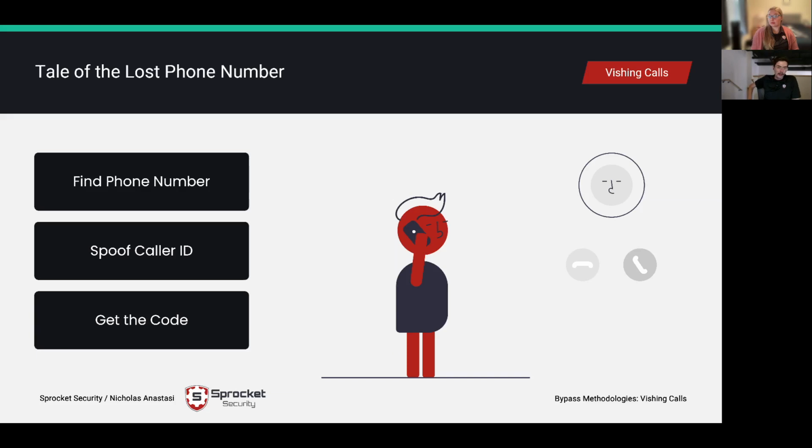Generally, you don't have to be that complex with it, just because of the auto caller detection that iOS and Android have built into their devices now. So, for example, if there's Acme Corp LLC, if I find their main phone number for the organization right online, and then I fake that number to call another user, it's likely that it'll show up on their caller ID as that organization in some way, shape, or form.